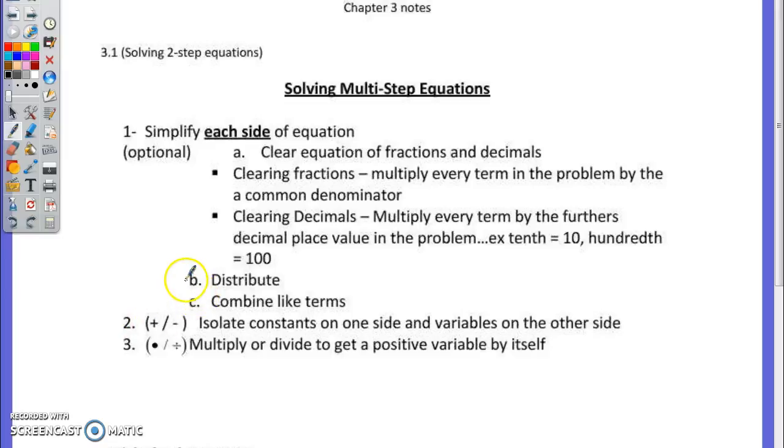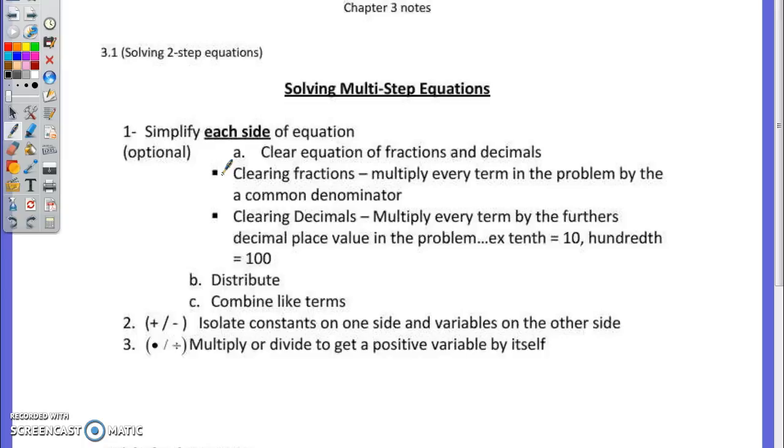Then we started getting into how do we distribute and combine like terms if we need to, and this would typically be your second to last step, and then your last step would be to multiply or divide to get the positive variable by itself. And then we got into clearing fractions today, and we talked about multiplying all the denominators together to get your common denominator. That's the easiest way, so you don't have to think about, oh, does this number go into that number? No, you can just multiply each one together, do the math, use your calculator, and you'll get the